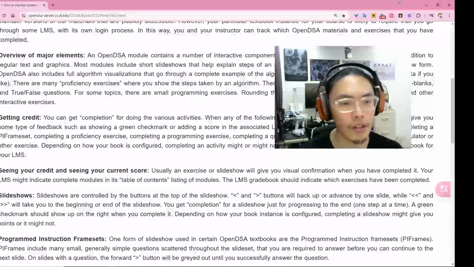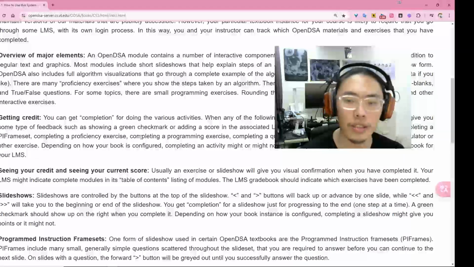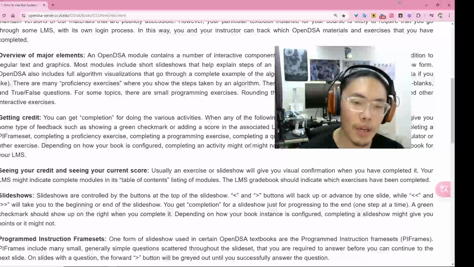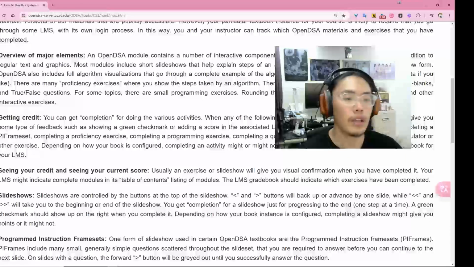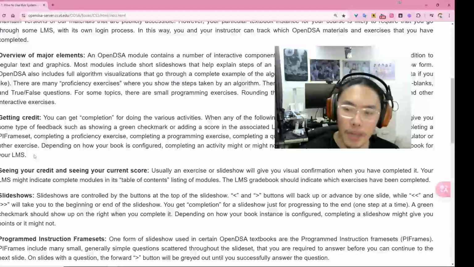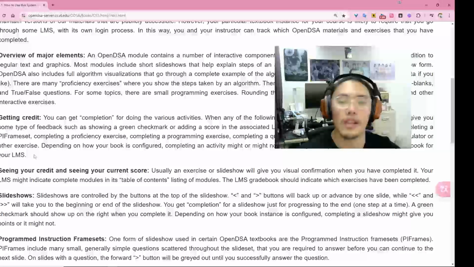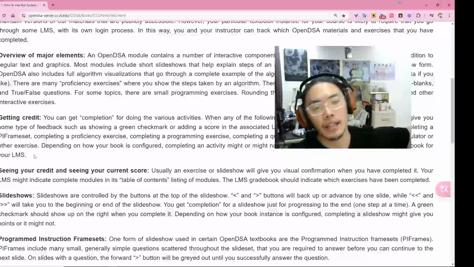Completing a question set or fulfilling the requirements of a calculator or other exercise, depending on how your book is configured. Completing an activity might or might not give assignment points, as shown in the gradebook or your LMS. So anyway, they're saying there is some credit point if you do the exercise, and if you are linked to your LMS,